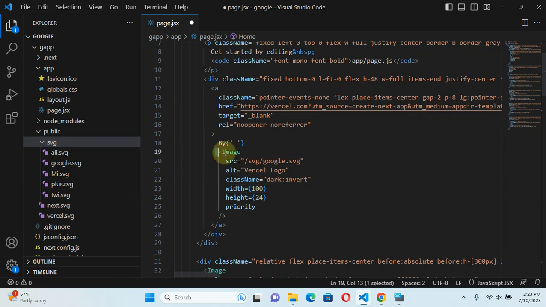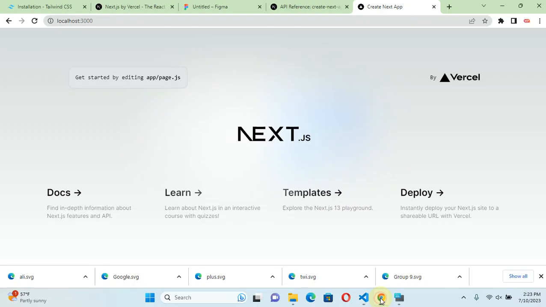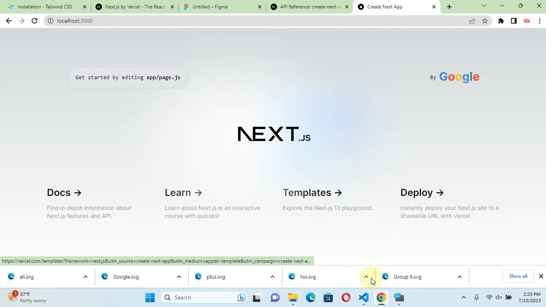Okay, this is some sort of syntax for using the Next.js component, which is an image. Remember, I told you we are going to copy some of the code that is already here and modify it the way we want to. So in the meantime, we just want to test if it's going to load the Google image. The other thing to note is that as we save, this will automatically refresh and make changes. Boom, as you can see, we are making progress. If this happens the way we want to, then that means